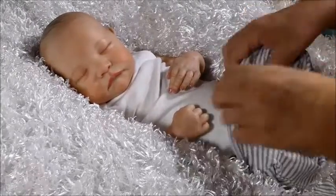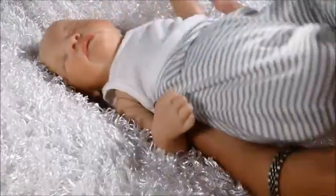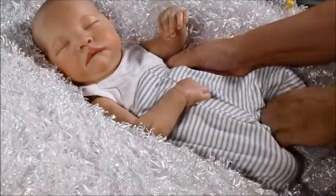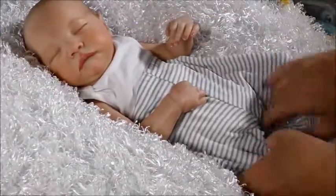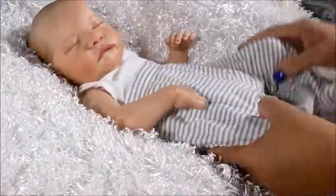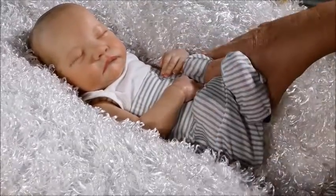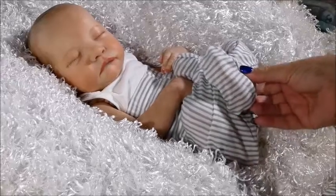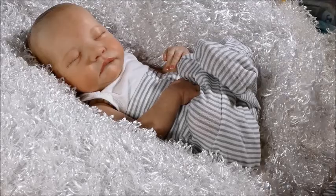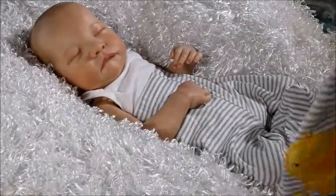And as you know, what makes the Levi sculpt so nice in comparison to maybe some of the other sculpts that Bonnie Brown did, and I think it makes him more collectible than maybe the twins, is that he has full arms, full legs, but she really was, I believe, one of the first to have these legs that go up like this, like a newborn baby, and just fold up. That is just amazing. Okay, so that's his little pants,